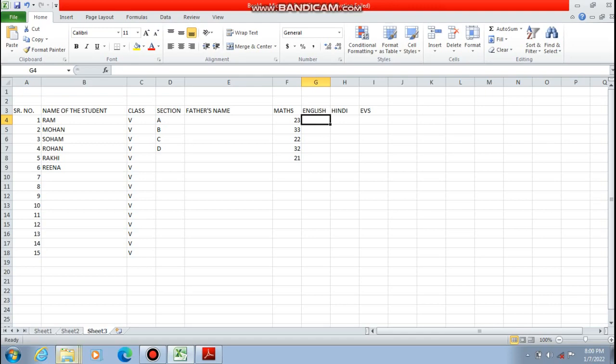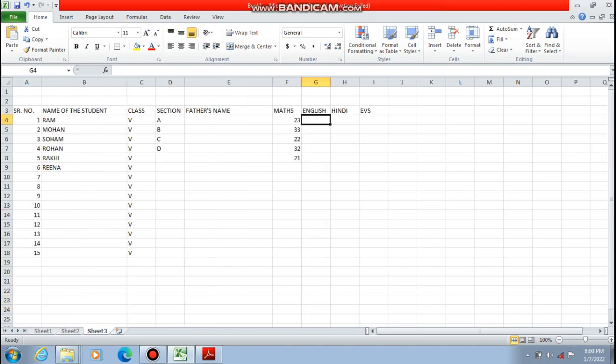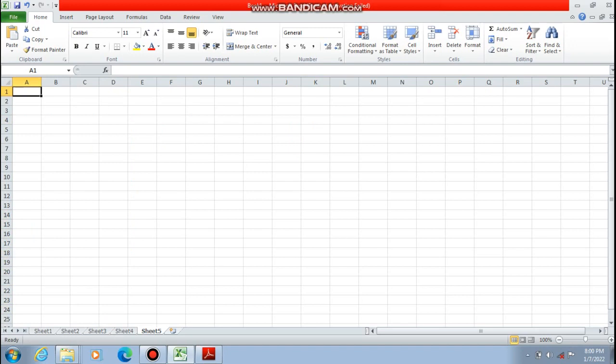Similarly, in this Excel workbook you have numerous sheets, like Sheet 1, look at the cursor, Sheet 2, this is the cursor, just look here, Sheet 3. More sheets you can add. You can add up to 255 sheets in this MS Excel.